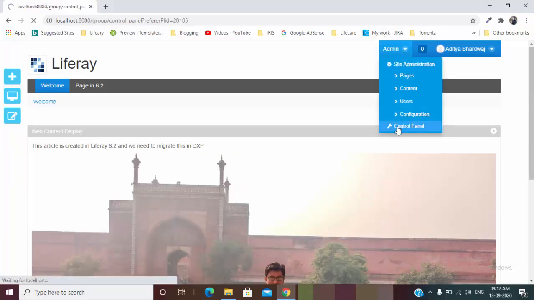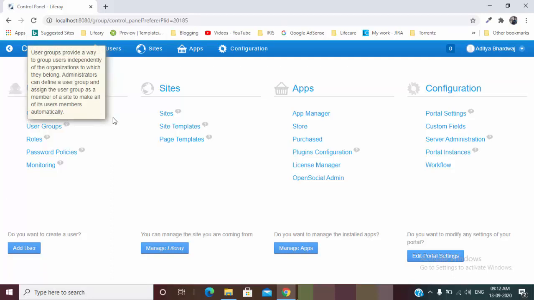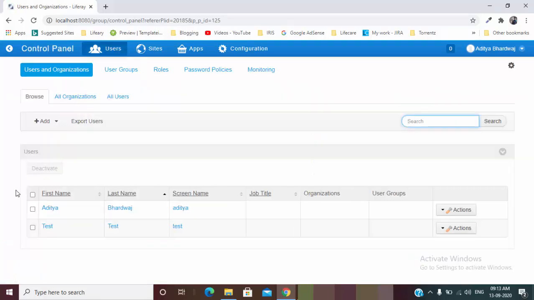Go to control panel and click on users and organization. As you can see, we have this Aditya user and the test user. Test user is provided by Liferay and Aditya I created. So this is the first thing.